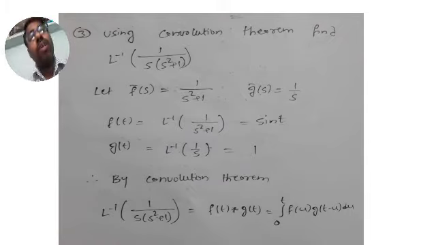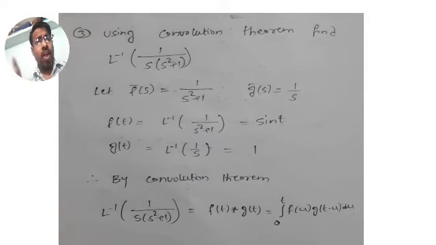Otherwise go for partial fractions, it is easier than this, and you already practiced many problems in the first semester. You are familiar with partial fractions. That's why if the question does not mention convolution, you have to go for partial fractions. And if the question says to use convolution, you should use convolution to solve the problem. That is my first point.